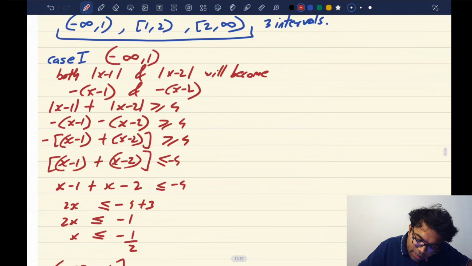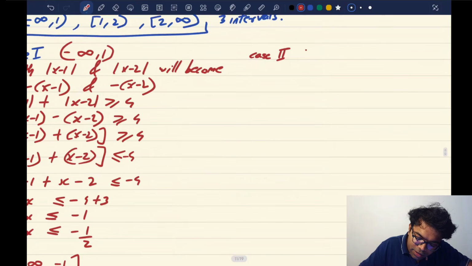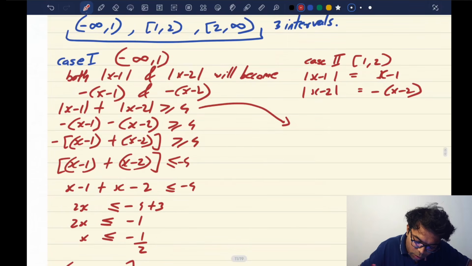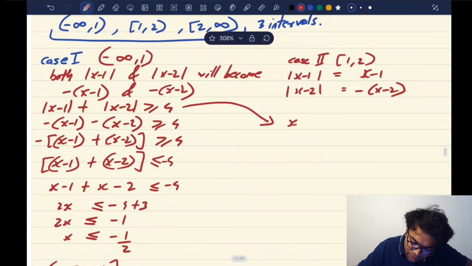Okay, next one, case 2. When the region is from 1 to 2, modulus of x minus 1 will become x minus 1. But modulus of x minus 2 will become minus of (x minus 2) because it is negative, right? Now, so what do I do? Again, I use the same formula. I'll put it in this equation. So what do I get? x minus 1